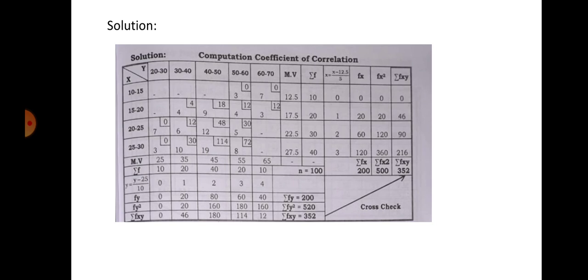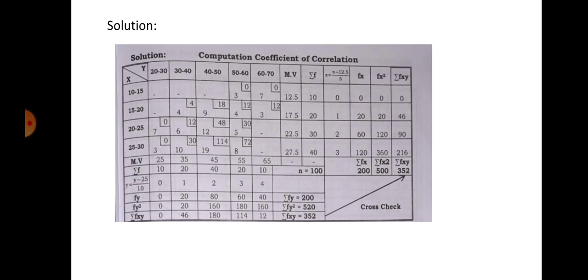Which one? Sigma Fxy. Next column sum. Next one, 0 squared values. 0 plus 30 plus 114 plus 72. This adds up to 216. So addition becomes how much? Addition is 0 plus 46 plus 90, 136 plus 216, which is 352. 352. Once again you add 6 plus 6, 12, 1 plus 1, 2, 2 plus 9, 11 plus 4 is